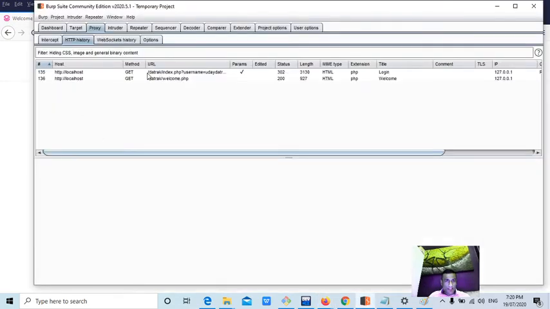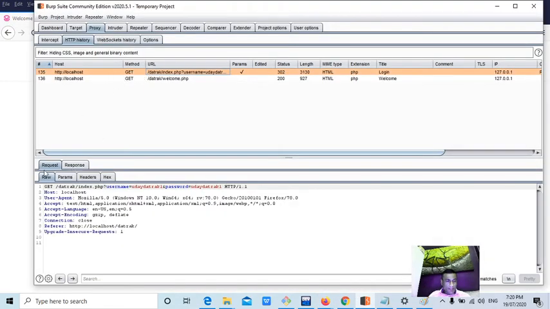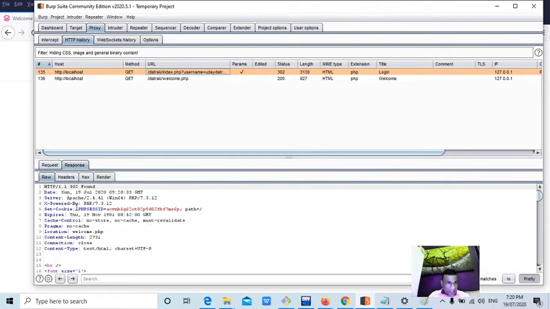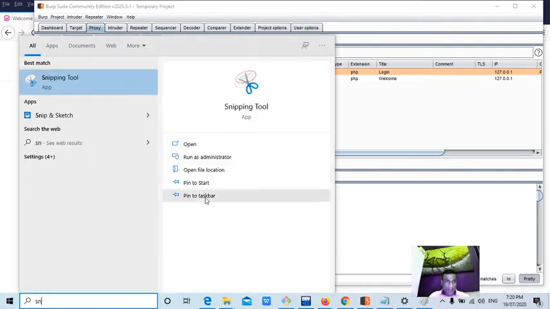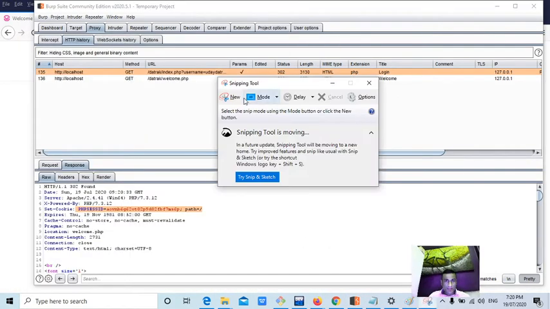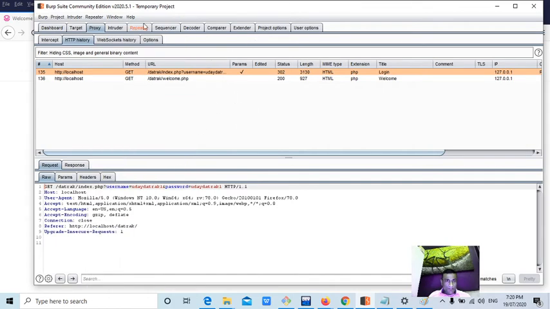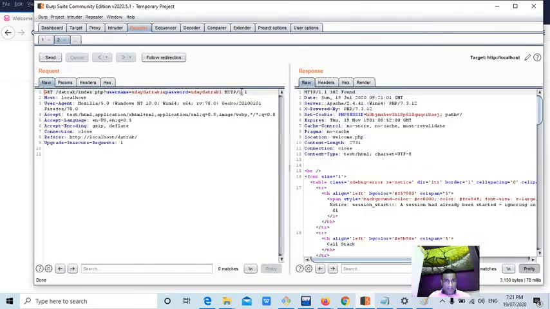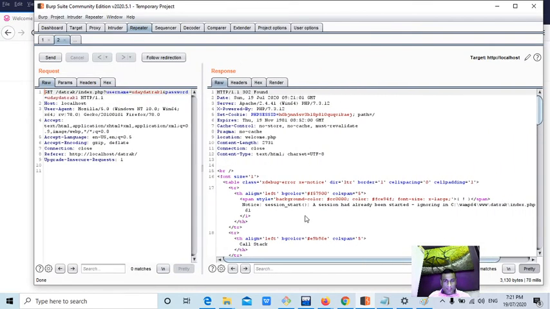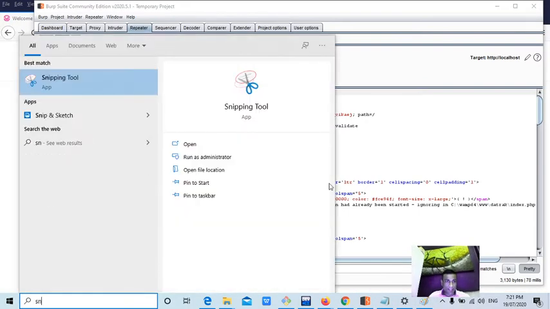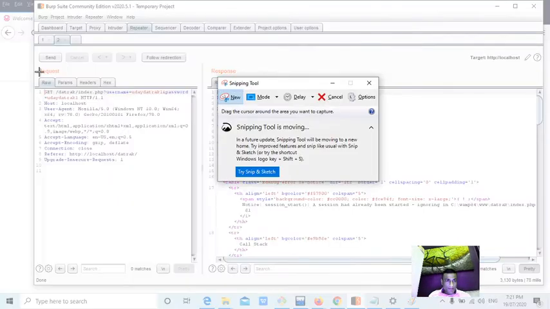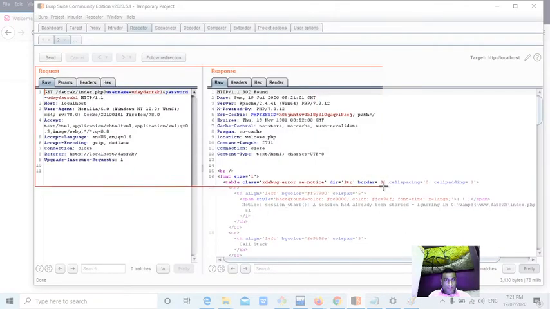The server should set the HTTP only. Since this is the login page and it is not setting the HTTP only, guys, then it's a security issue. Now I'm going to take the screenshot. You don't have to prove anything. In order to take the screenshot, send it to Repeater with the correct username and password. I want to show the request and response side by side, so that's why I replayed it in the Repeater, guys. Now request and response, yes, this is the evidence.